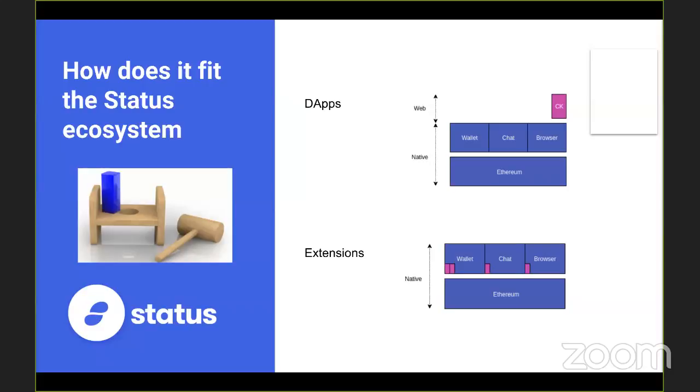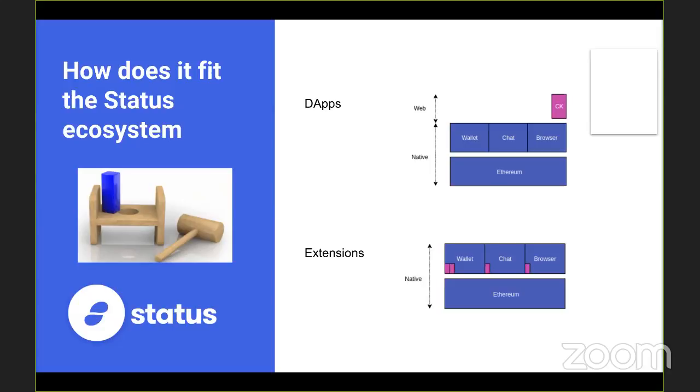The browser itself is a native implementation, but those web dApps rely on web features, so they are implemented in HTML and JavaScript. That's a challenge for the mobile world, because most of the time those dApps are not very well optimized for mobile, and they don't provide a very nice user experience for a mobile platform like Status. Also, they are a bit separate from Status, so it's something that runs inside Status but not really integrated with the rest of our features.